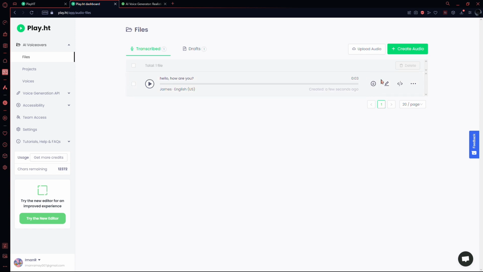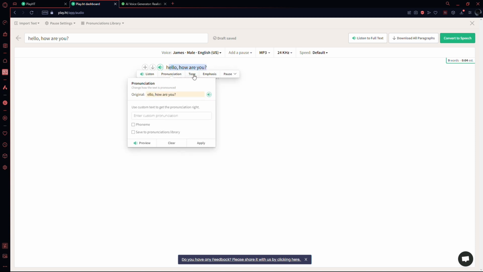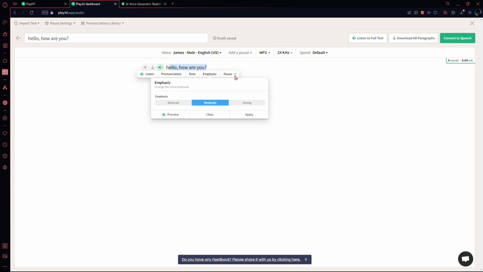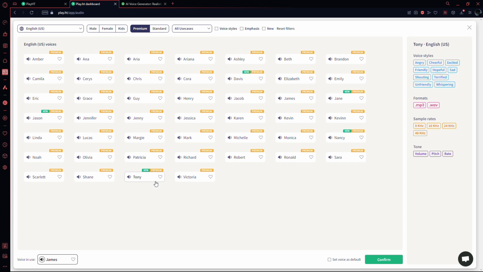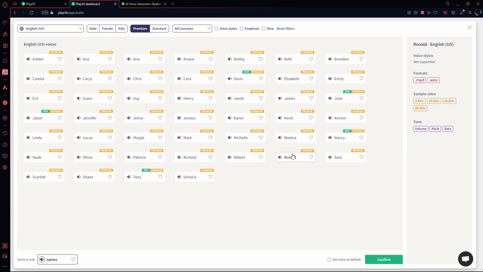With Play.HT, you have the flexibility to customize pronunciations of specific words or phrases, perfect for branding. You can fine-tune voice tones to match the mood and context of your content. Custom pauses let you control the pacing of your audio, making it more engaging and natural. Also, the multi-voice feature allows you to simulate real conversations in your audio, giving different voices to different sentences for